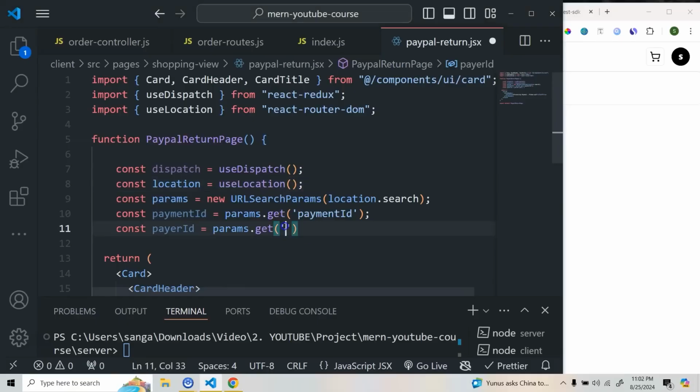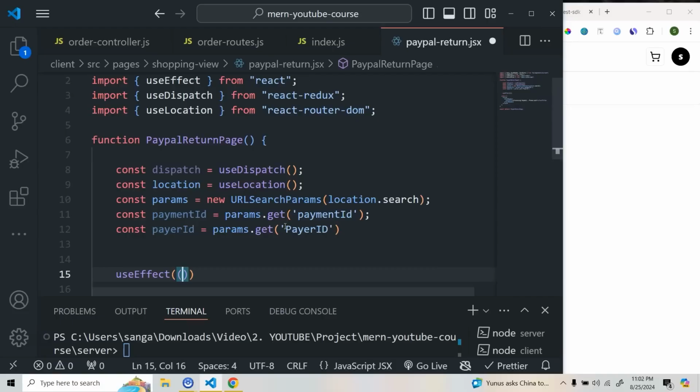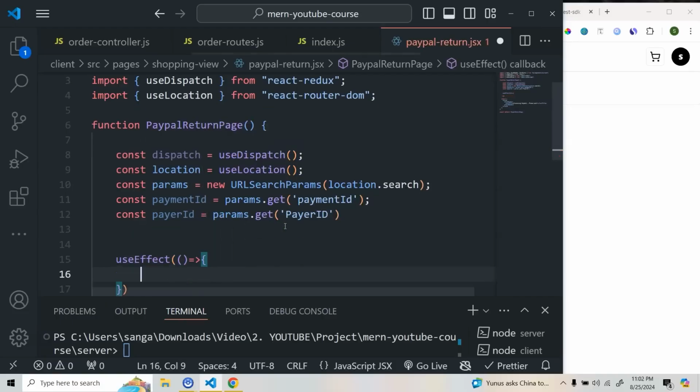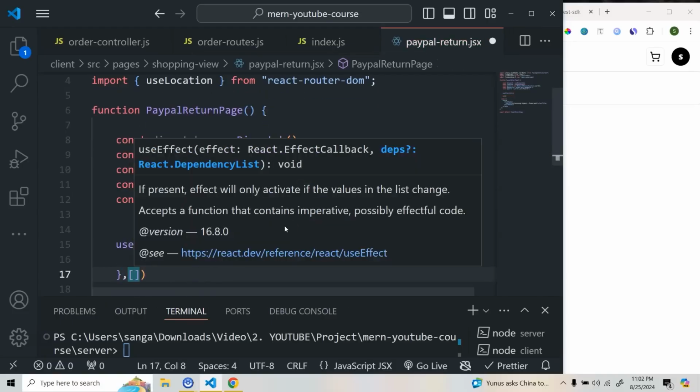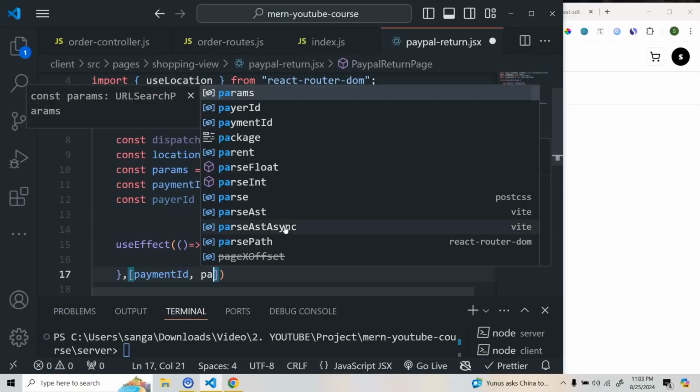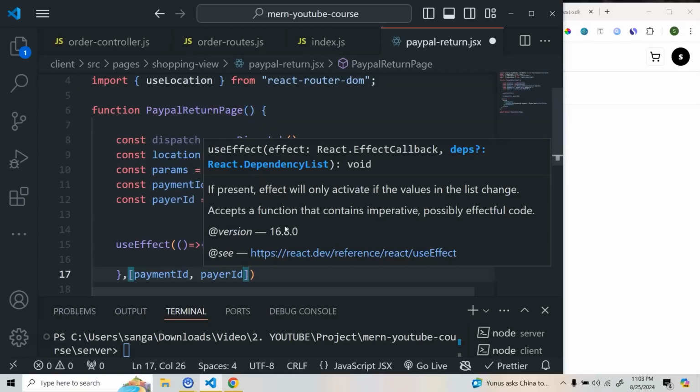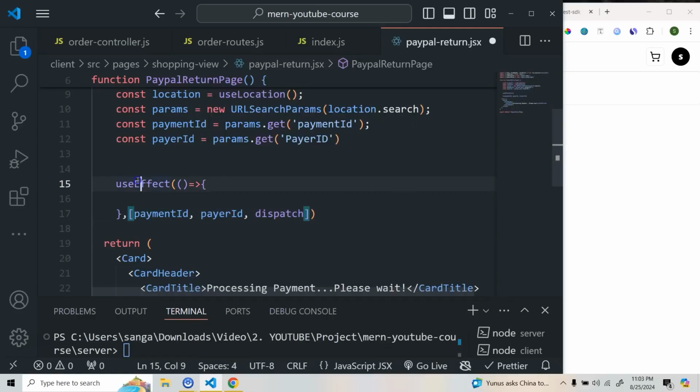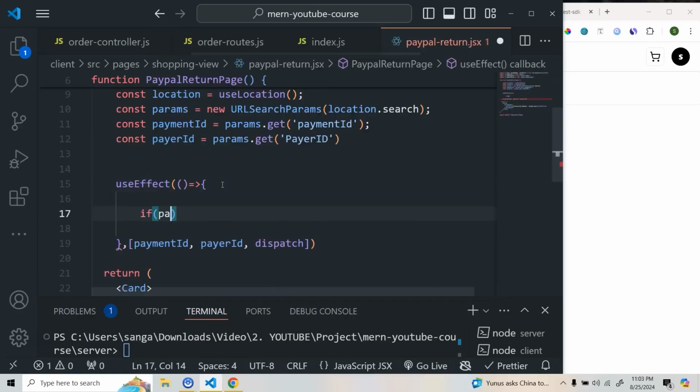So this also will receive. Now what we are going to do, we'll take a useEffect, and we are going to keep this payment ID, this payer ID as a dependency, okay, and also we'll keep this dispatch. Now what we need to do, simply we'll check here if this payment ID and this payer ID both are